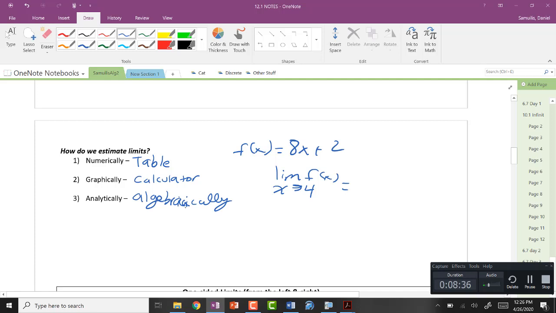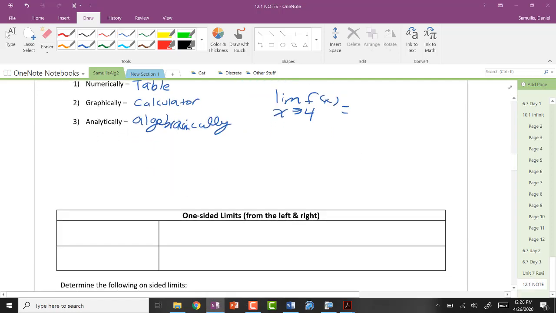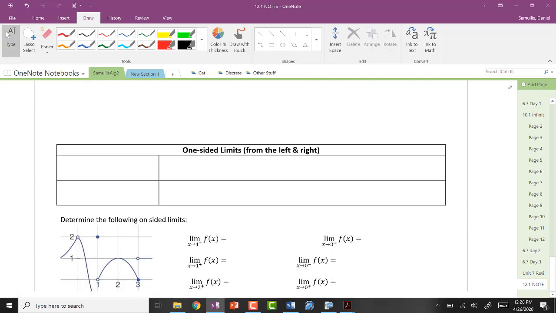Algebraically, we have what are called one-sided limits. One-sided limits look like this. You'd have the limit of f of x as x approaches c, and then you have this little negative up here. That would be equal to, say, L. So the way you would read this is it says the limit